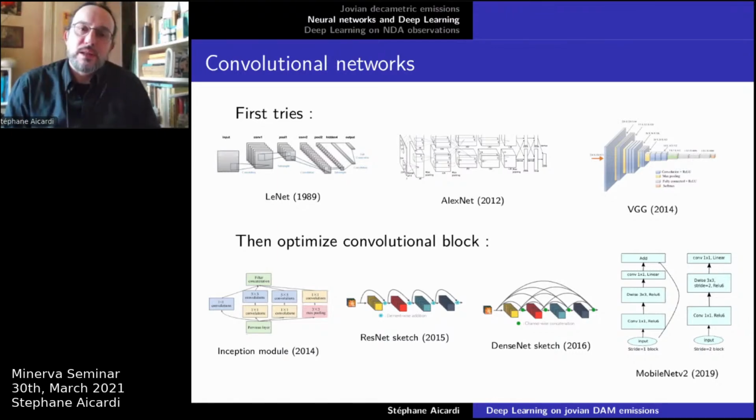So in the next years, all the other techniques to classify images were gone, and people used only convolutional networks